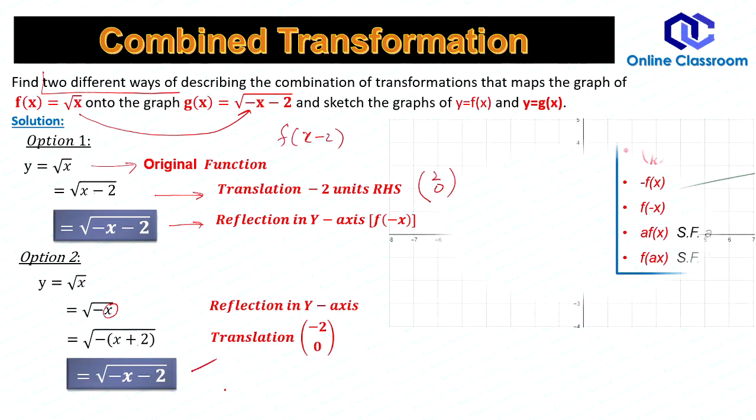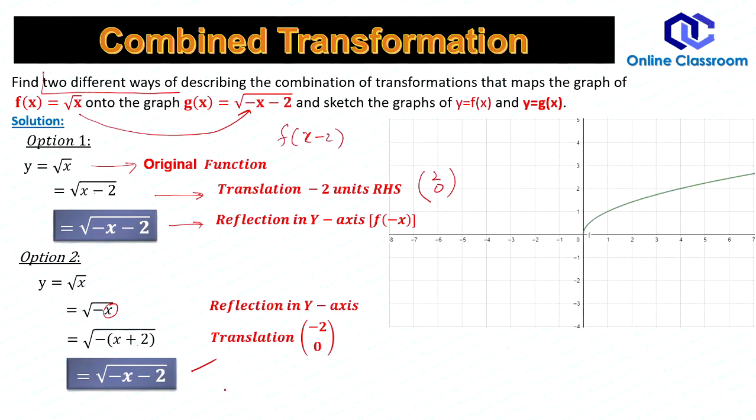You see here, that was the function root x, and note down, if it is y squared equal to x, then you have a graph like this, and that won't be a function, because of the vertical line test. If you have watched my first video, the vertical line test shows that if a vertical line intersects a curve at more than one point, that curve does not represent a function. But when you say y is equal to just root x, only one sign, you have taken a part of it like this, it is a function now, f(x).